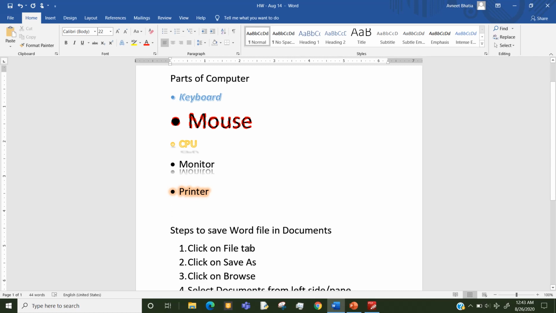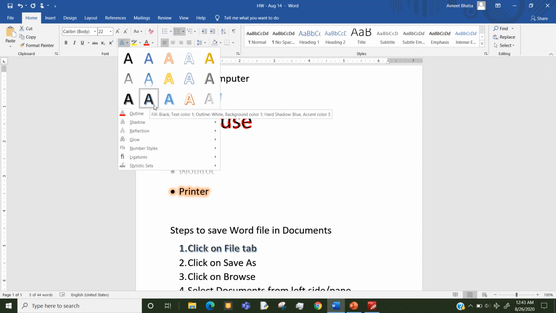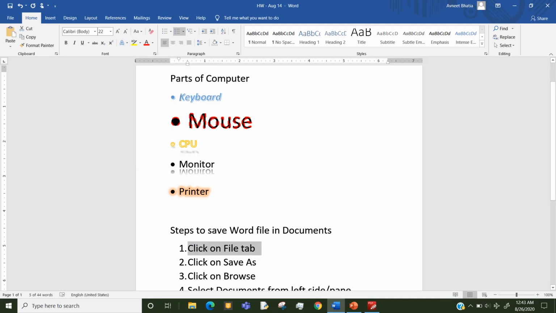One method is that I select the sentence, this one, then go to text effects drop down, apply this effect, then go to font group, apply bold and italic, and then I will get the same formatting. But this is little long method, right? I have to go to multiple icons and then select and apply.